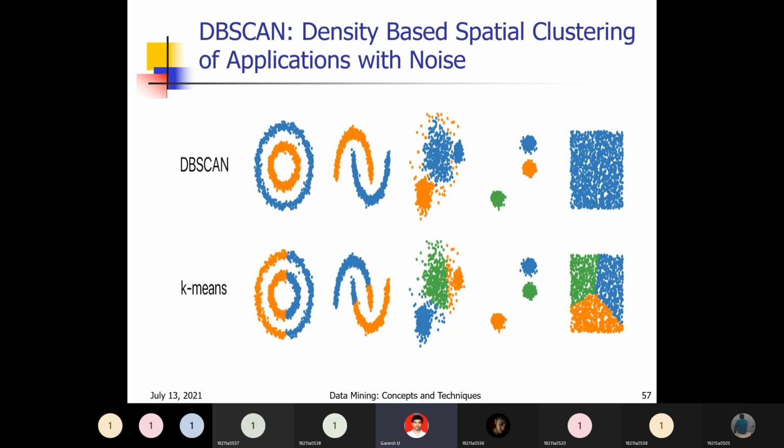In k-means you can only divide as shown in the figure: first part one cluster, second part another cluster. Left side one cluster, right side one cluster, or upper side one cluster, lower side one cluster. Like that only you can divide in the k-means algorithm. You cannot divide interleaved objects in k-means, where the cluster is one circle within another circle. You cannot represent it exactly.